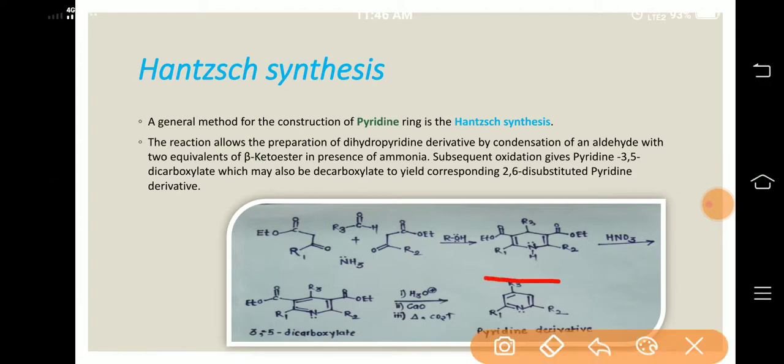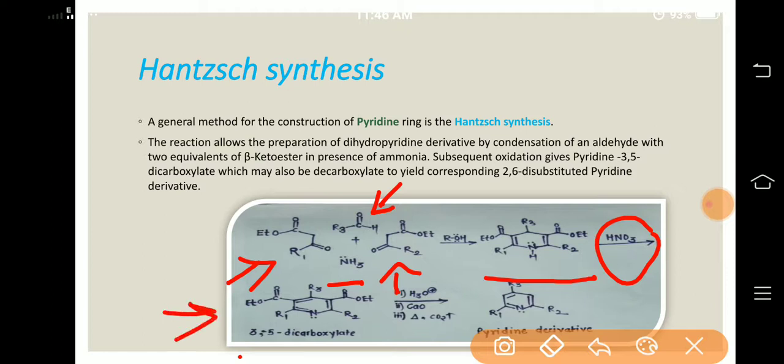This is dihydropyridine derivative. This dihydropyridine derivative can be synthesized by the use of 1 equivalent of aldehyde, 2 equivalent of beta keto ester along with ammonia gives this dihydropyridine derivative, which on oxidation or the removal of this dihydro groups leads to the formation of this 3,5-dicarboxylate pyridine derivative,